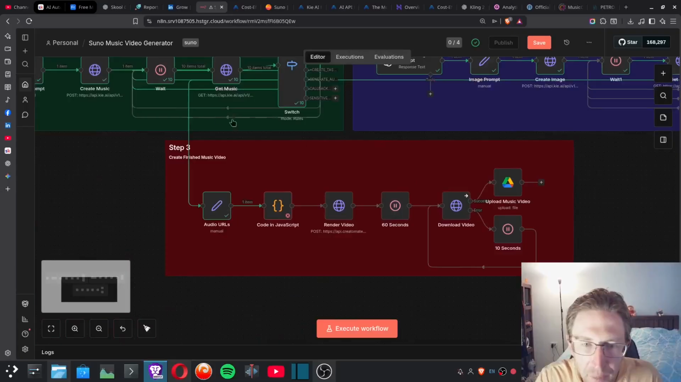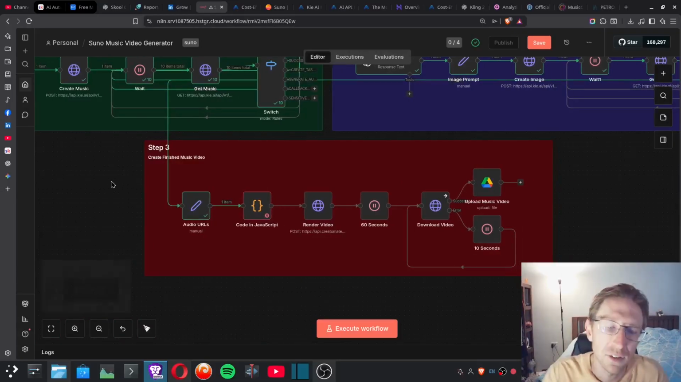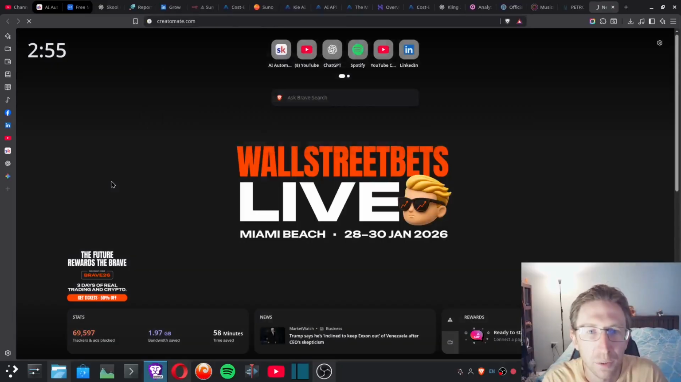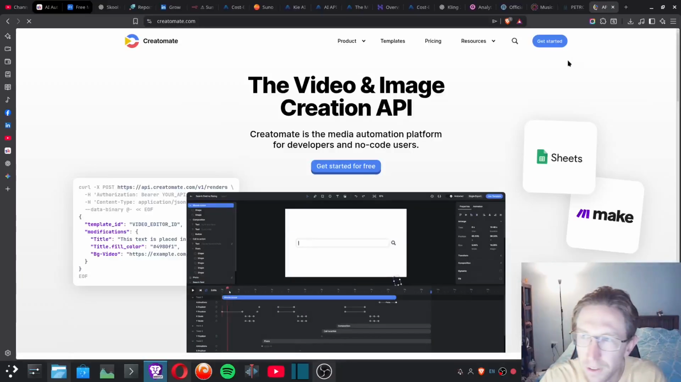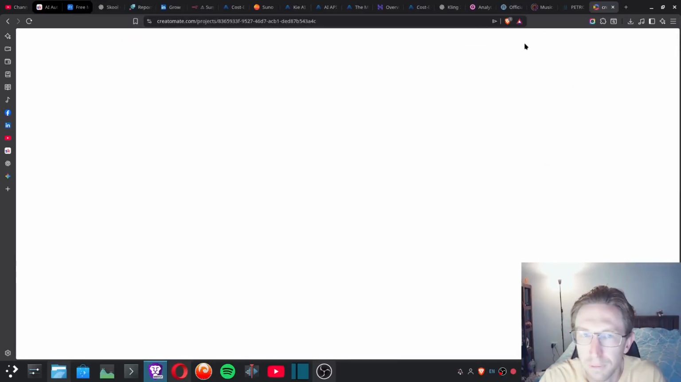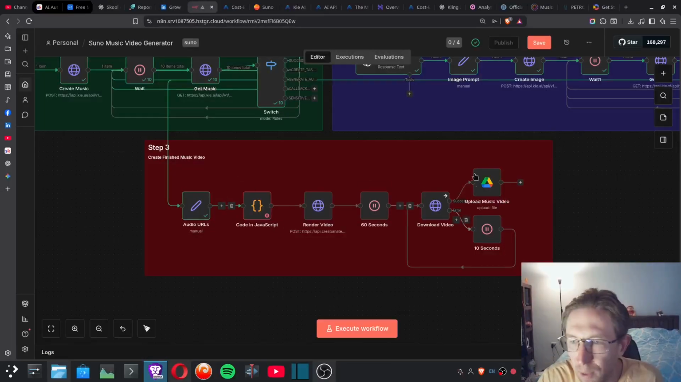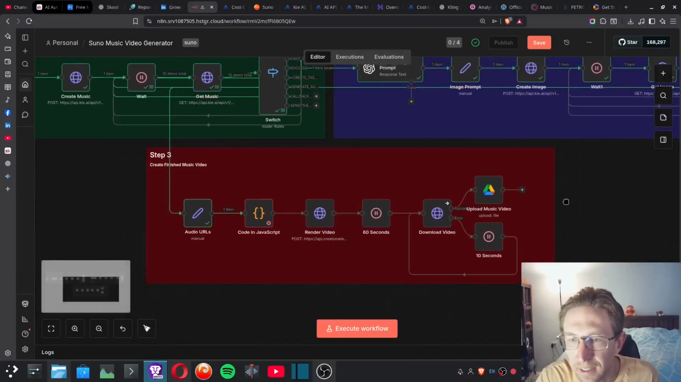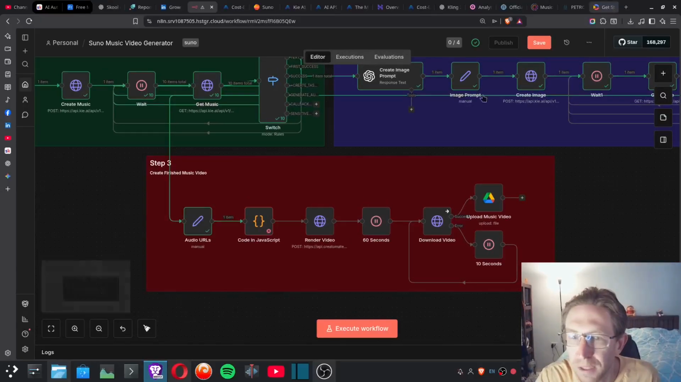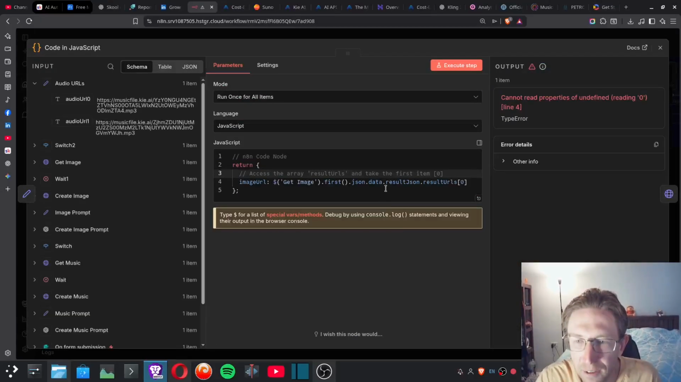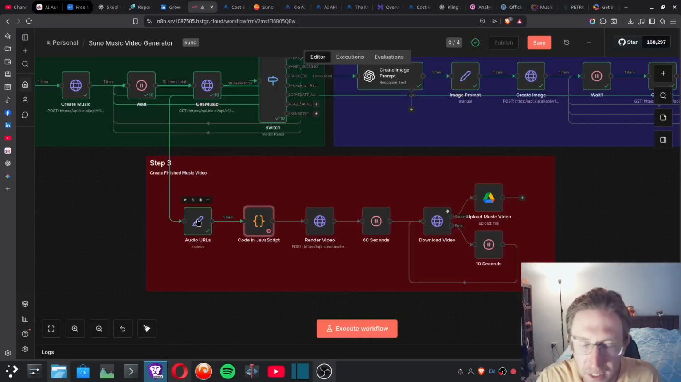And then the next step is we're going to create this video and put all the pieces together using something called Creatomate. So this is a good tool for creating videos. And I will be honest, this part is not working 100% yet. It still needs a little bit of debugging. As you can see, it actually errored out on this part right here. So it's not working 100%, but once it's working, this will just create the video, the complete music video,